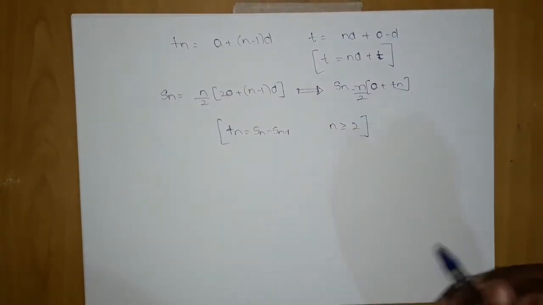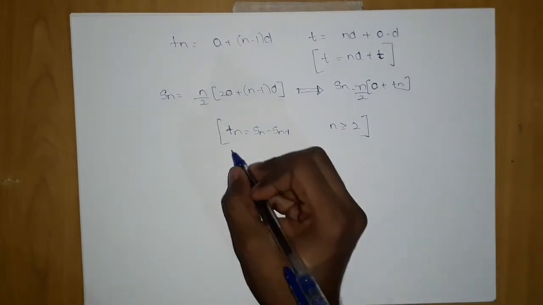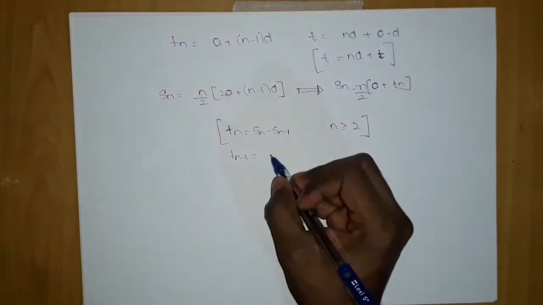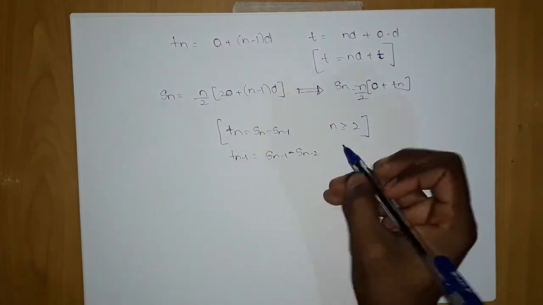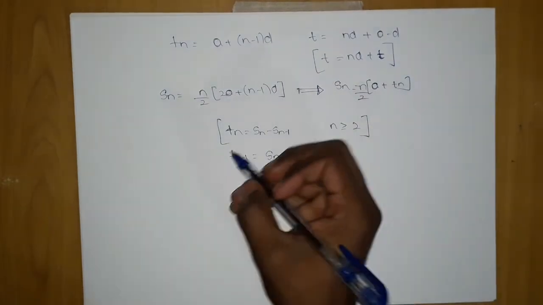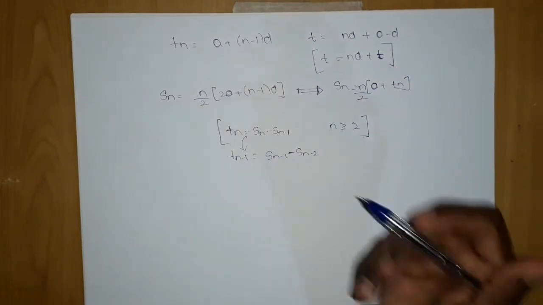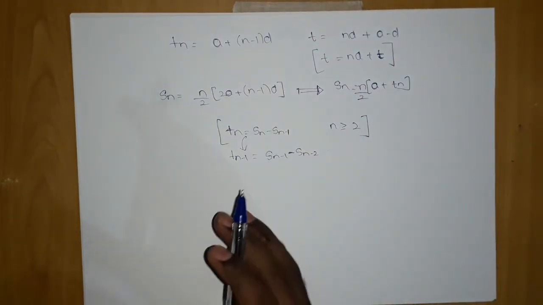Okay, so this is one more thing. It can be used like this: Tn minus 1 will be Sn minus 1 minus Sn minus 2. We have used this thing. Usually students are not able to predict this, but you should know it is applicable to this also. Further on,